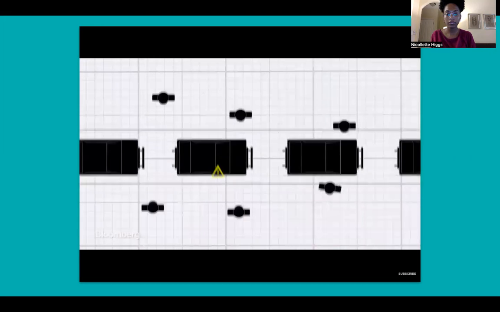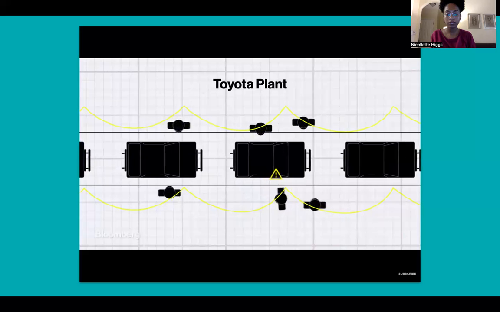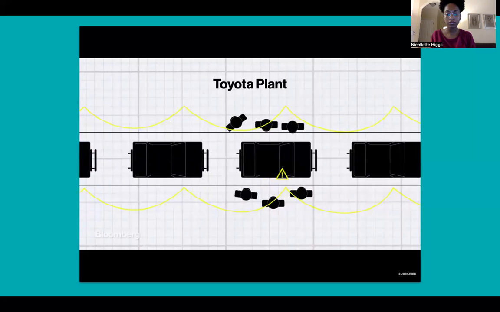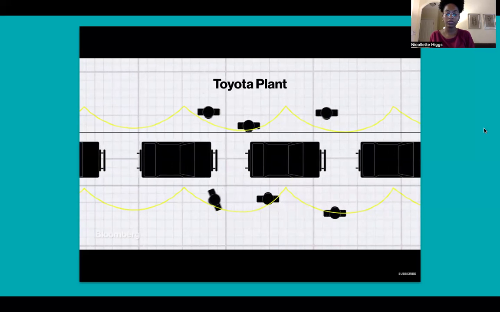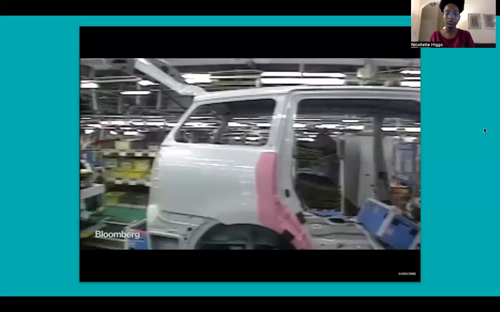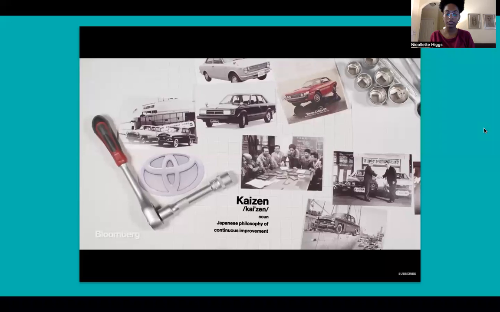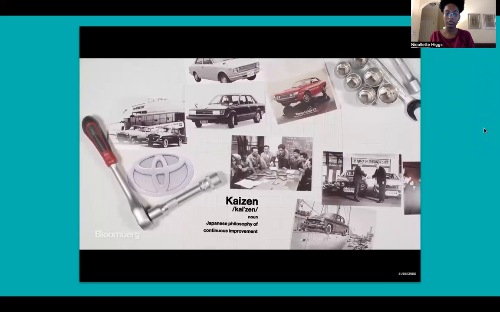So he placed a cord above every station which any worker could pull to stop the entire assembly if they spotted a problem. The whole team would work on it to prevent it from happening again. As teams identified more problems, the number of errors began to drop dramatically. Combined with a culture of continuous incremental improvement called Kaizen, the Toyota production system built a brand known for making